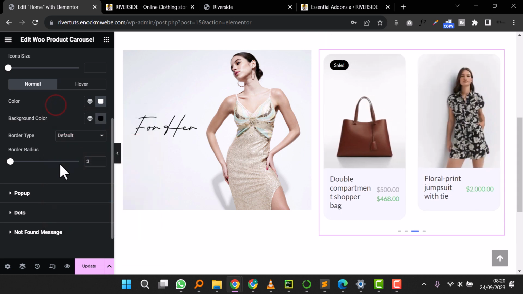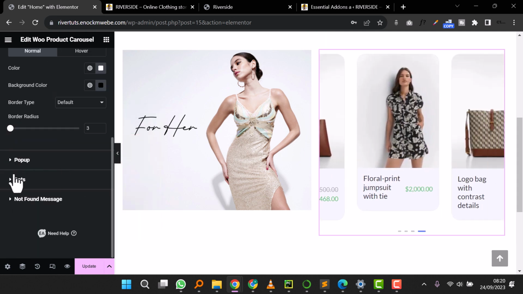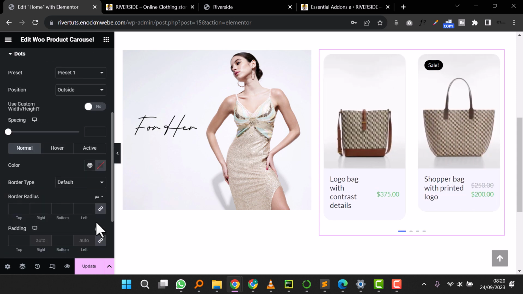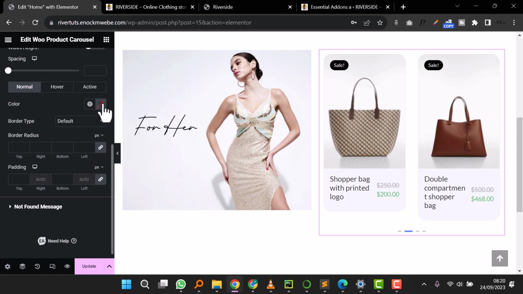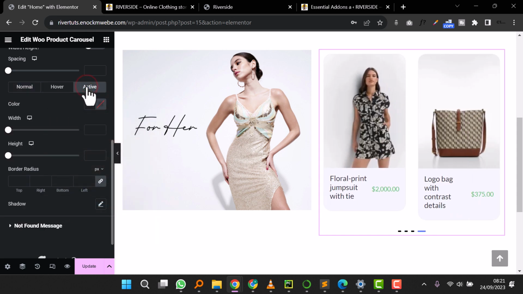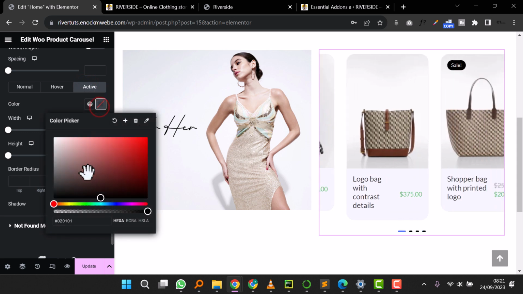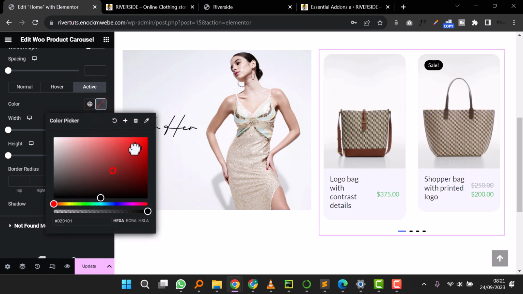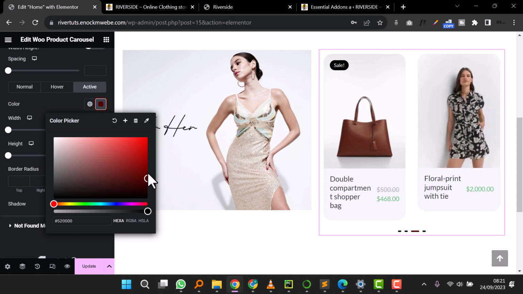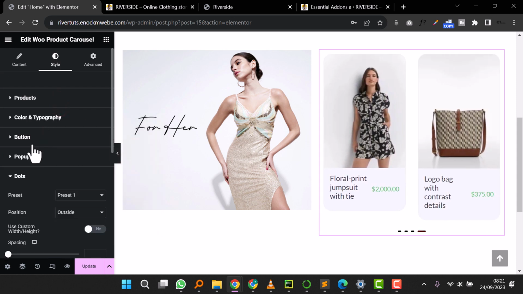Yeah, I think that looks nice. Then let's go back up. No, let's handle the dots first, and these dots can also be black, I think. Then the active one maybe can be maroon. This one right here, you see, it can be our shade of maroon, like that. Okay, then let's go back up to